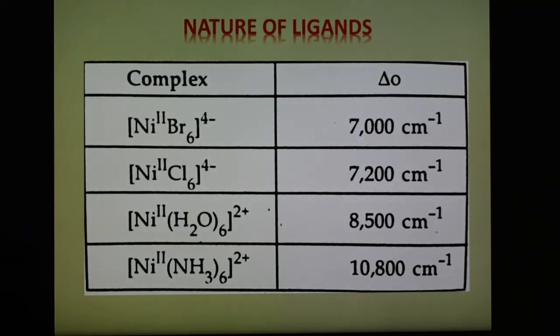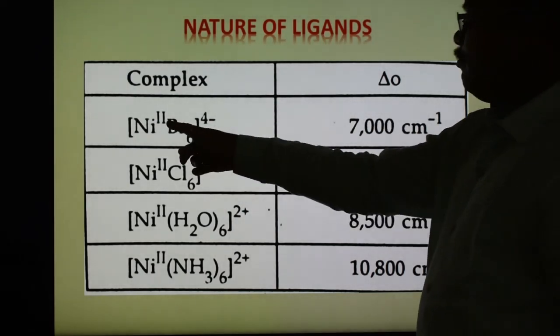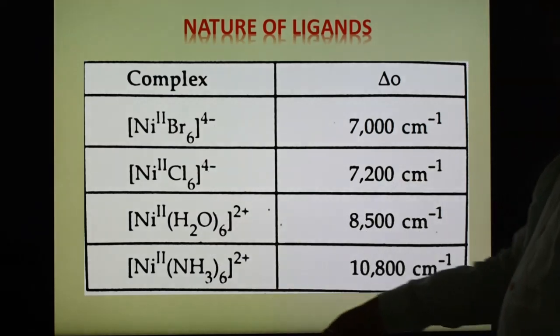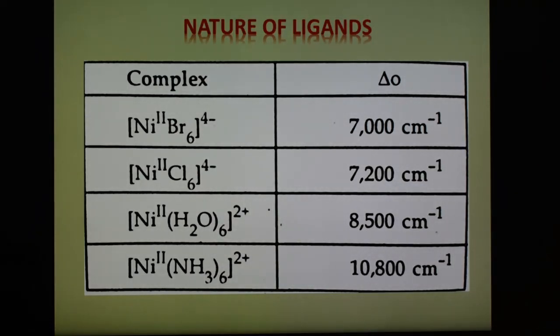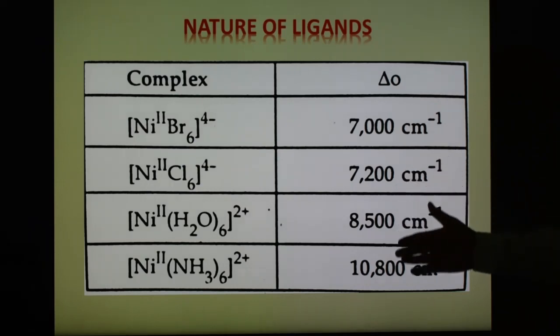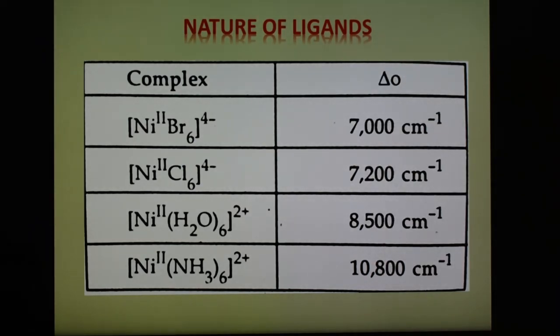And in the next slide, the second factor is the nature of the ligand. See here, the nature of the ligand is shown, and 4 examples have been given. The metal ions are the same, but the ligands are different, and the ligands may be weak field or strong field, and the delta value increases with the increase in the strength of the ligand. The nature of the ligand also affects the value of CFSE. The ligand which causes only a small degree of crystal field splitting is known as a weak field ligand. A ligand which causes large splitting is called a strong field ligand.